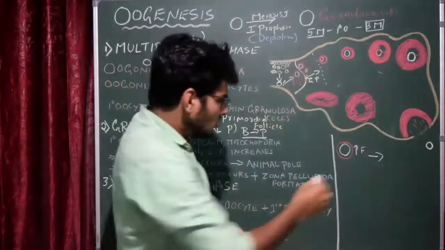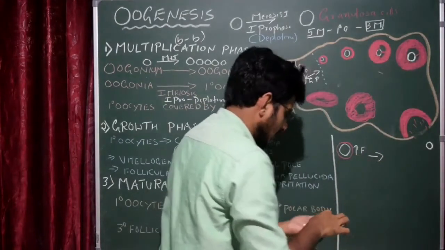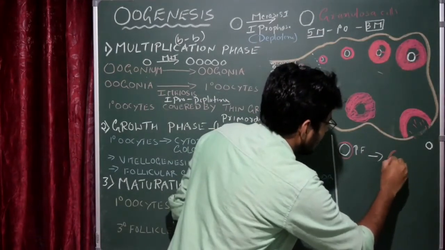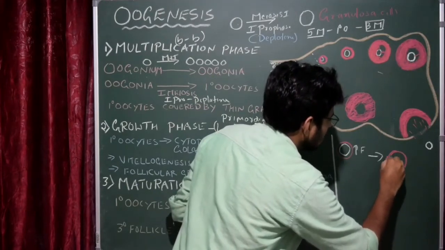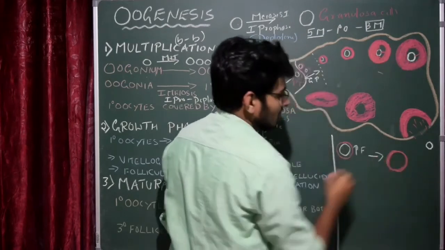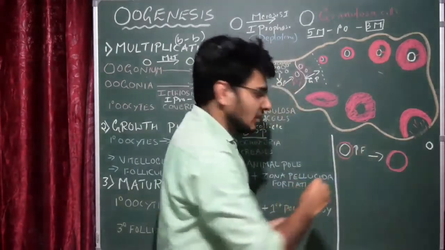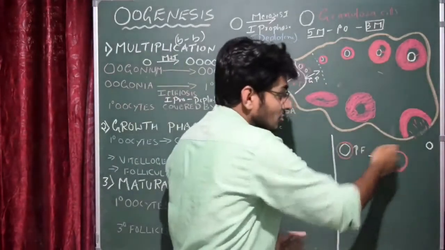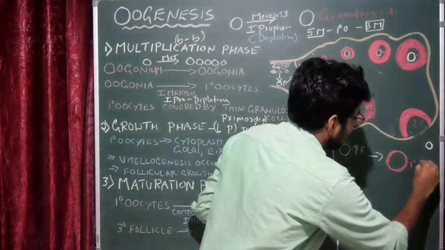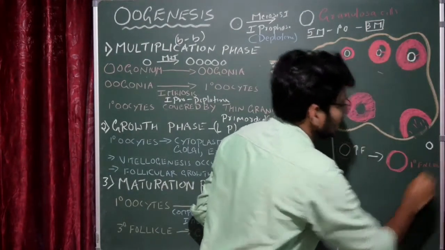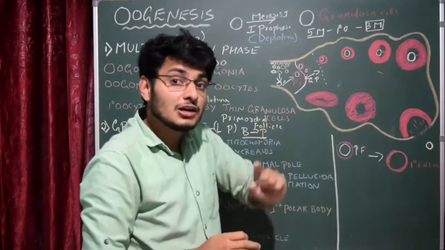The growth phase occurs, and during it the primordial follicle undergoes certain changes. The layer made up of granulosa cells starts to divide by mitosis, and the layer becomes very thick. This occurs during the growth phase. This thick layer surrounding the primary oocyte after birth is called the primary follicle. That means the primordial follicle is changing to the primary follicle, which occurs only after birth.